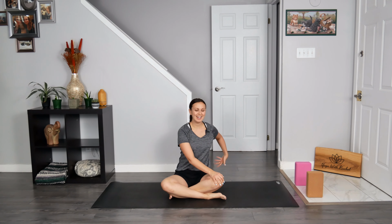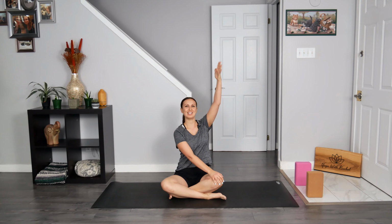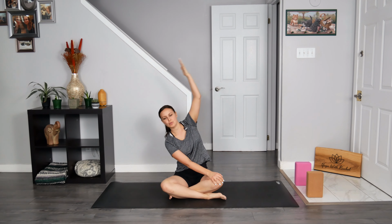What is your understanding of balance? And perhaps what does it look like to you? So with that in mind, I invite you to breathe in through your nose and then breathe out through your nose or your mouth. Open up your eyes and now place your right hand on your left knee. On your next breath in, send your left hand to the sky and then breathe out to reach over towards